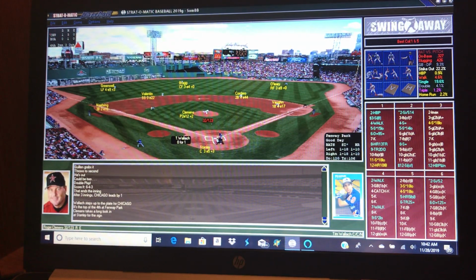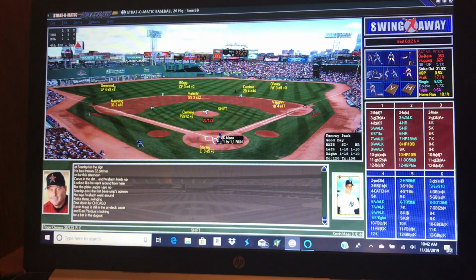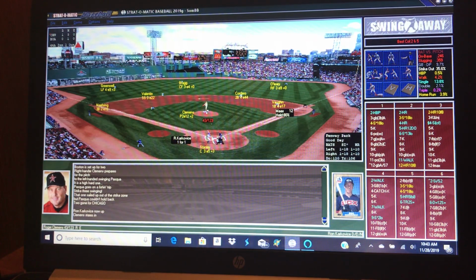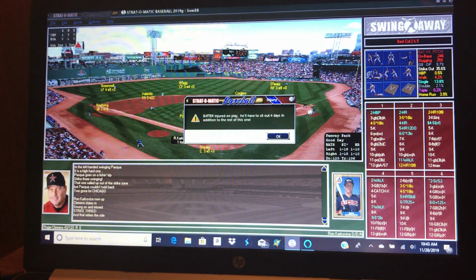Tim Wallach leading off against Clemens, the Rocket Man. And he's out. And Kevin Moss. Yes, I'm going to swing away. Again, card littered with homers. He had 65 that year. And he got on. He's been on twice. And with Danny Pasqua up and 1 out. And he strikes out. And now Ron Karkovice, who beat out an infield hit somehow last time.